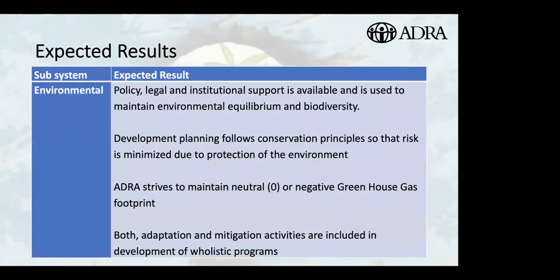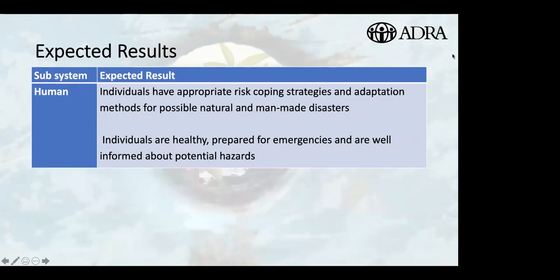So the first one was the environmental subsystem. And here I want to talk about development planning that follows conservation principles in order to minimize risk. And the important thing is both adaptation and mitigation activities are included in the development of a holistic program. In the human subsystem, we talk about individuals having appropriate risk coping strategies and adaptation. So this is referring to a lot of the understanding of communities, some of the data collection we're talking about, recognising that we're all different and we need to understand